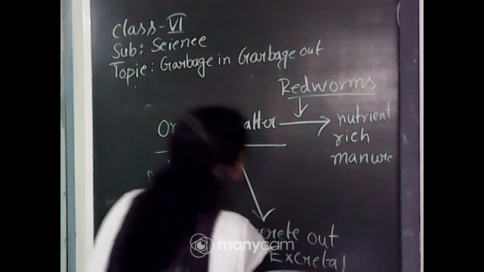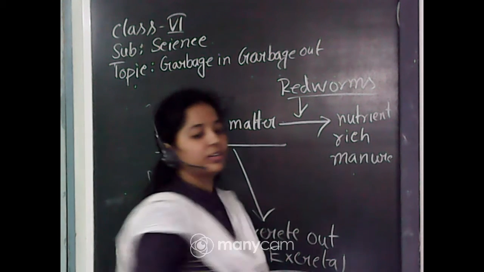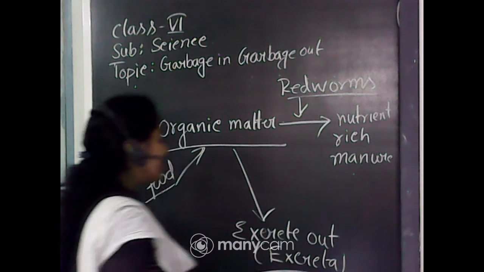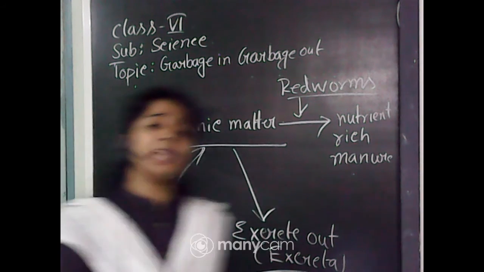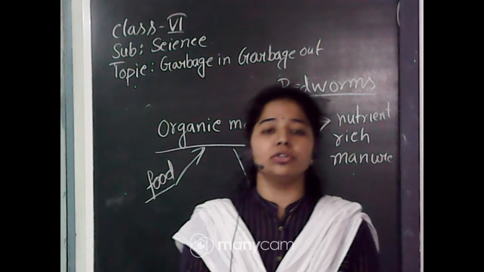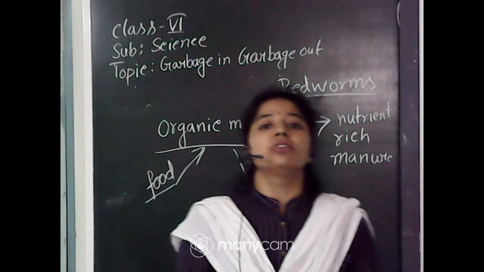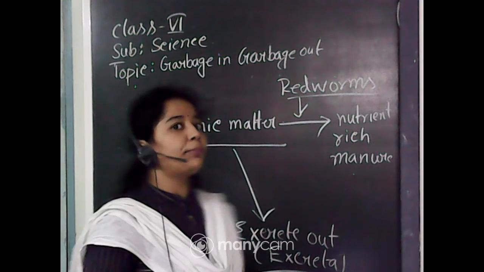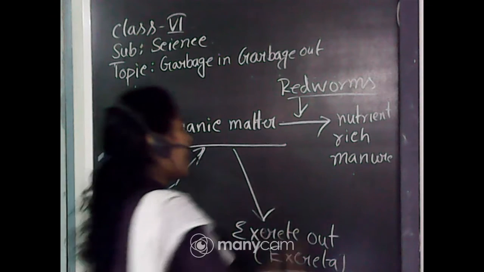Their excreta is actually nutrient rich manure, and it is made of some important essential minerals which are very essential for the growth of plants, including magnesium,